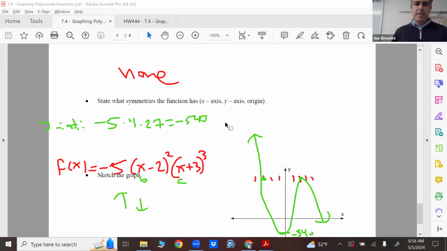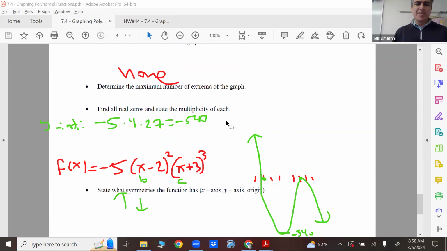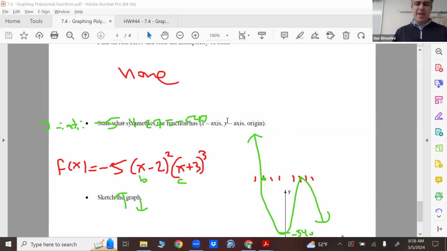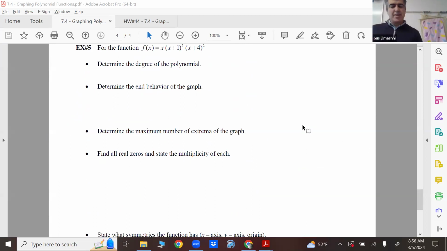Let's do it one more time. And I don't know why we're asking about symmetry, because you have all these shifts. You're not going to have symmetry here. I just don't know why we're asking that question. So honestly, just ignore that. Maybe you might, but you're rarely going to have it because of all these shifts. Anyway,